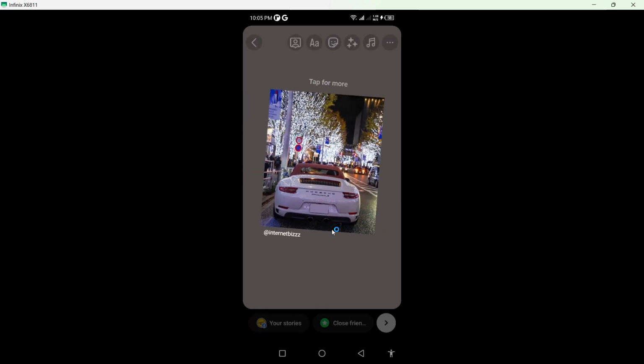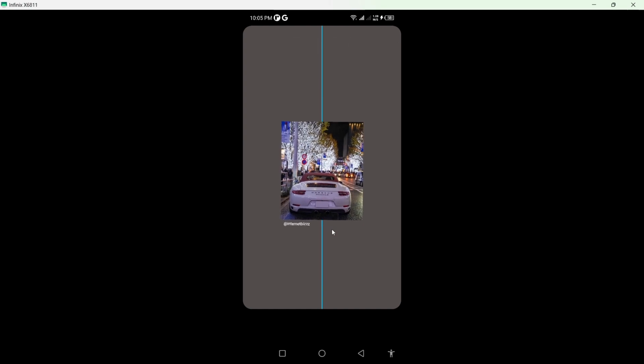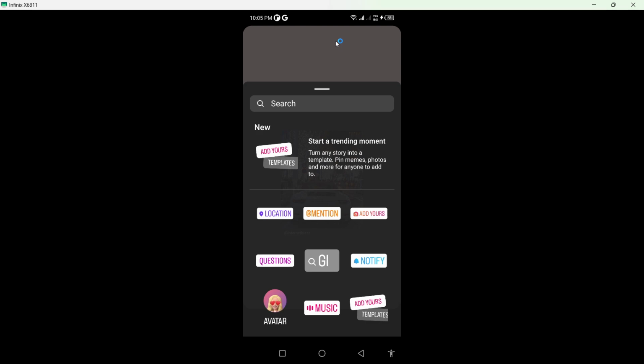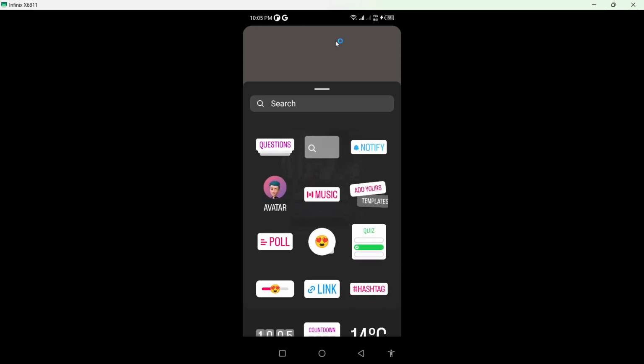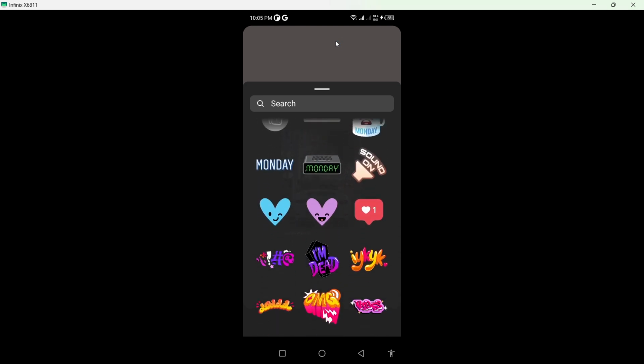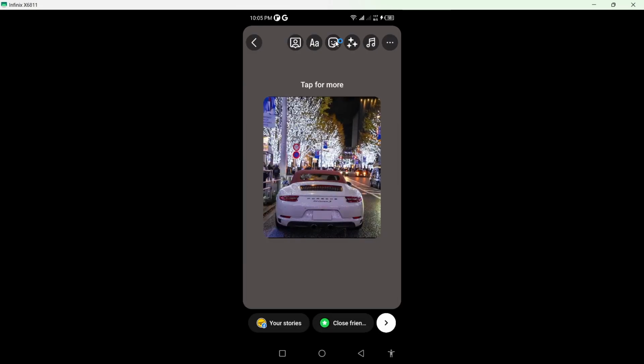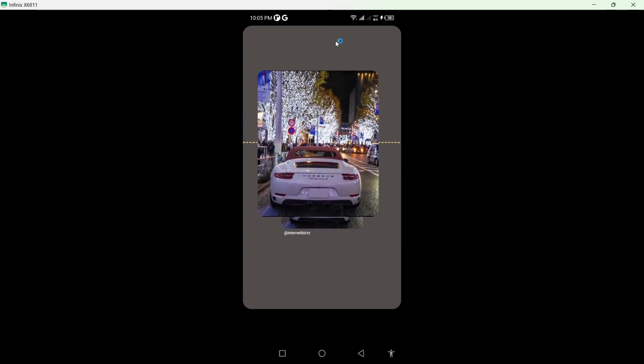And you need to make that a little smaller first by pinching with two fingers. Then you need to click on this icon at the top. Click on that, and from here you need to select picture from your gallery. Click here, select the picture,